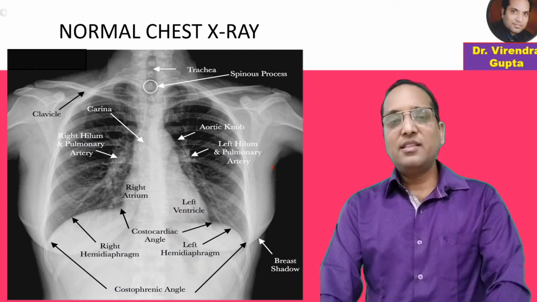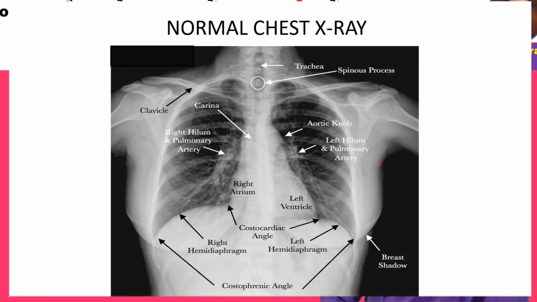So guys, in this X-ray there is no soft tissue abnormality. Thoracic cage is normal, as the ribs are normal, clavicles are normal, spines are normal, and thereafter the angles, as there are two angles that are very important. This is the costophrenic angle and this is the costocardiac angle. If these are obliterated, there may be some pathology, but in this X-ray there are normal costophrenic and